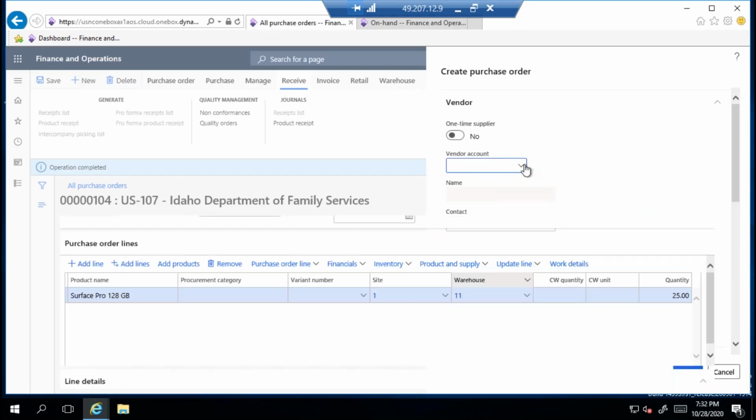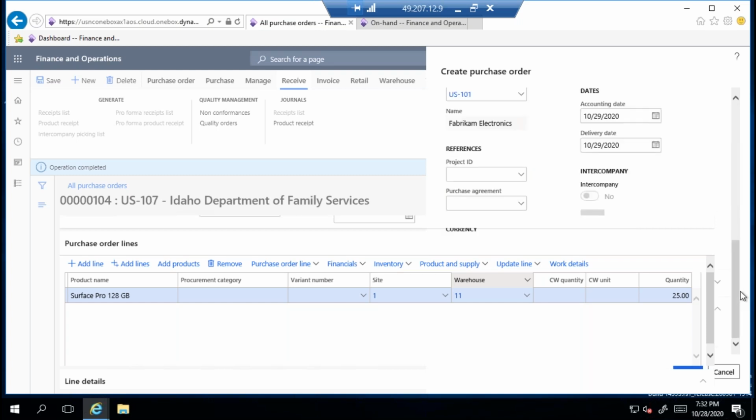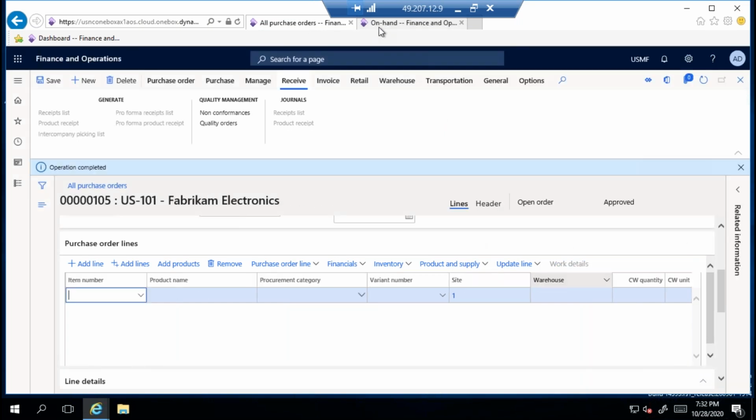The application is a little bit slower today. Please bear with me. Okay, click OK. So the buttons are refreshing. Okay, select the item. Suppose now I'm purchasing 3 quantity.